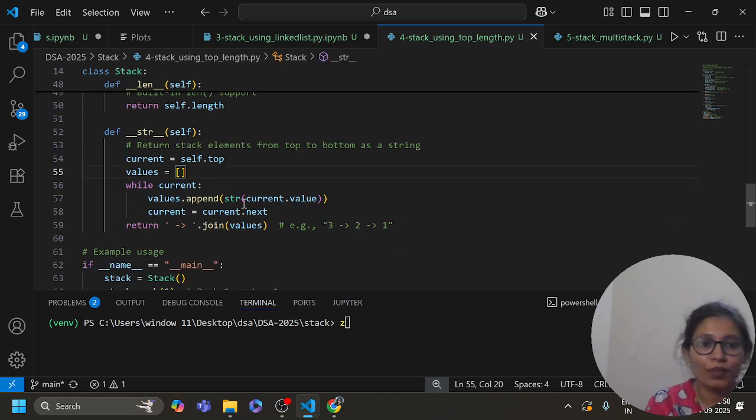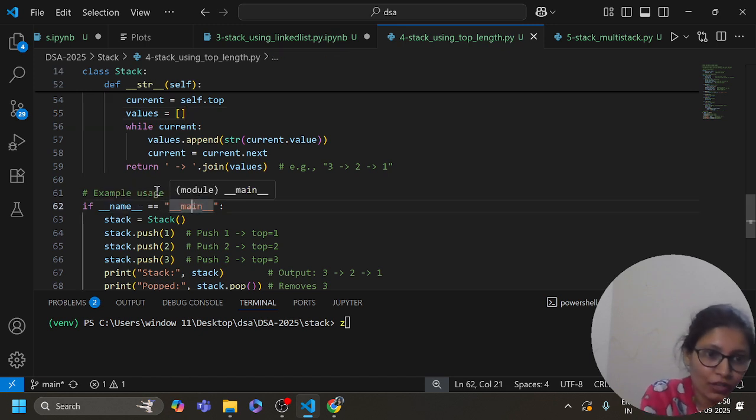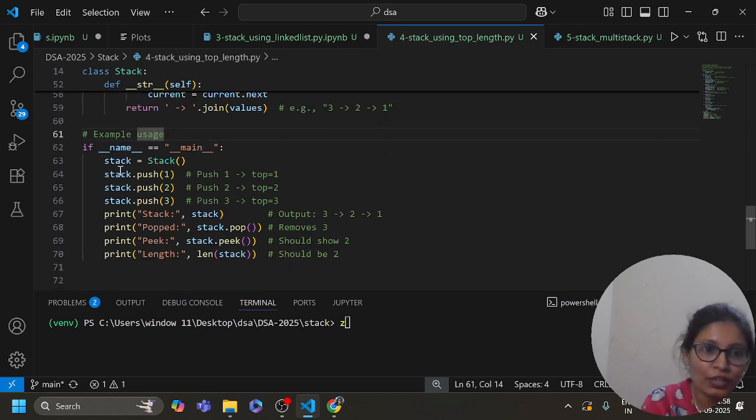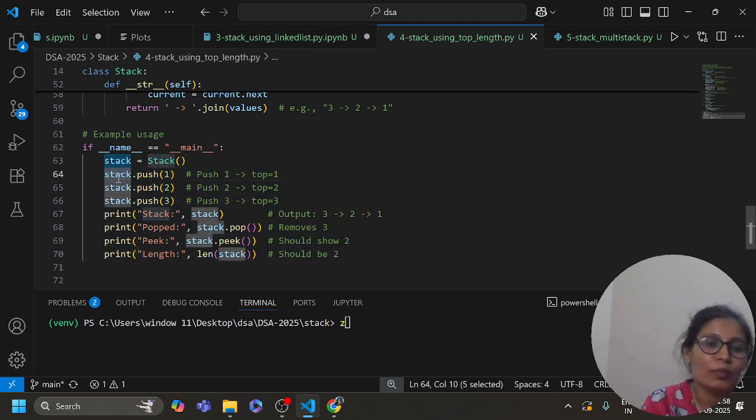Here is the example usage. This is the object for the stack class, and we are going to append elements one by one. Here is our first element, the second element, and the third element, and print stack, so the output is 3 2 1.